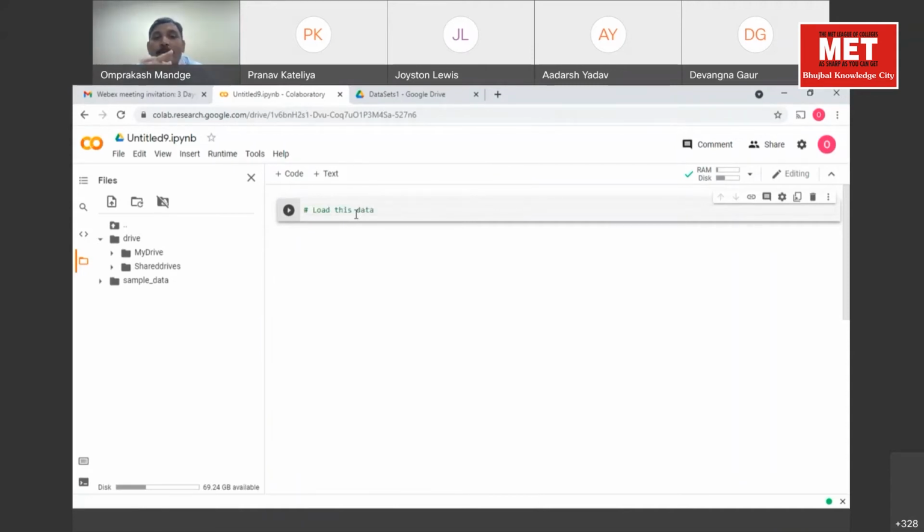Now, why do we use Python for data science? Everyone must have understood what is data. If you look at the previous example, there are columns and there are rows. Columns define what type of data is stored, the attributes of this particular data, and the actual data is stored in row-wise format. What we want to do now is load this data in our notebook. Why is Python getting so much popularity over the last few years?